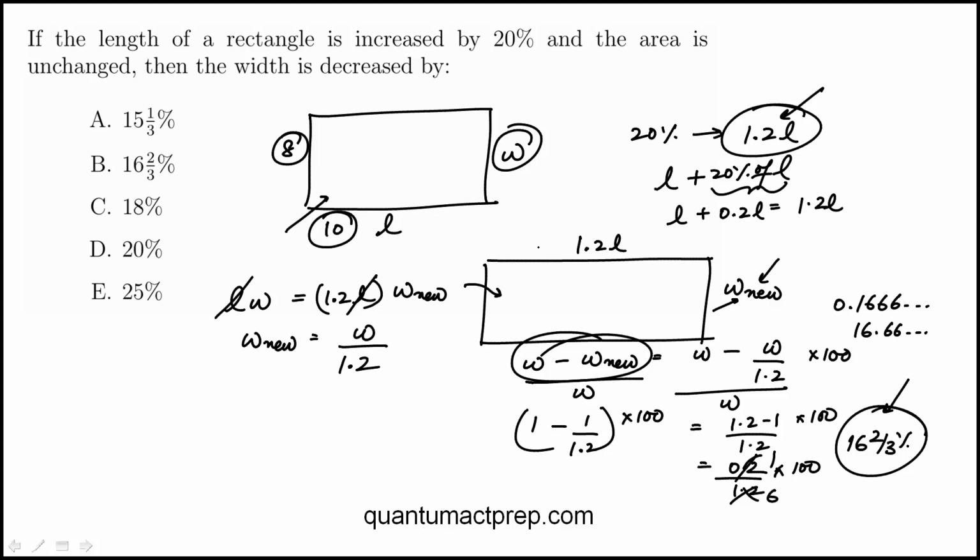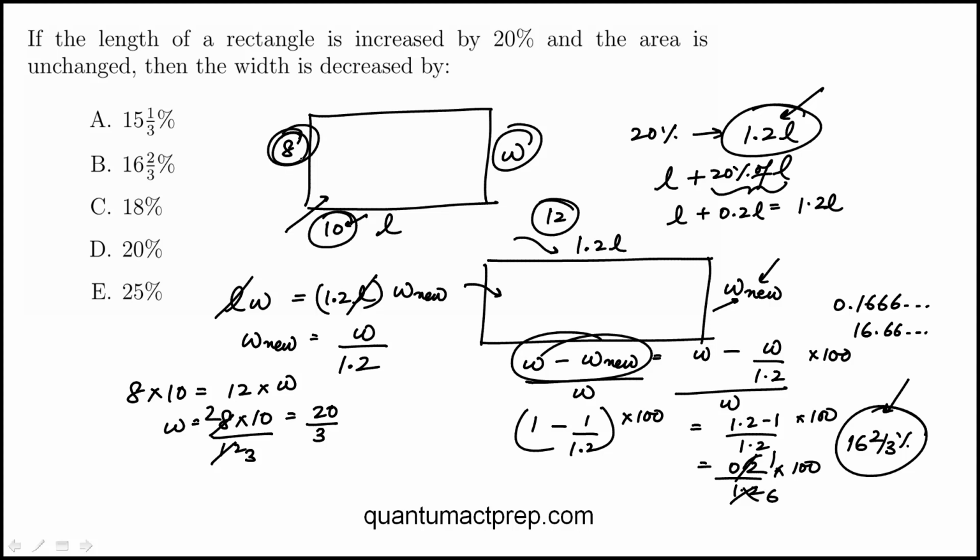So the new length goes up by 20%. 20% of 10 is 2, so that would be 12. So original area is 8 times 10. New area would be 12 times W, so we can find the new width. Again, you can use a calculator here: 20 over 3. So the question is, what's the percent change? So again, 8 minus 20 over 3, divided by 8, times 100, and that becomes